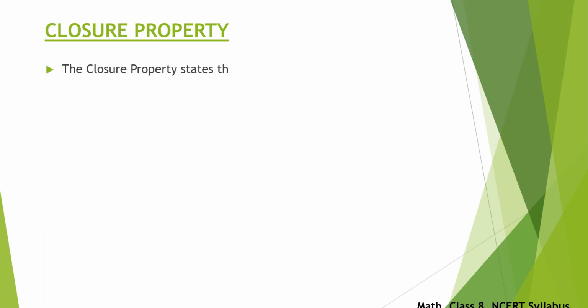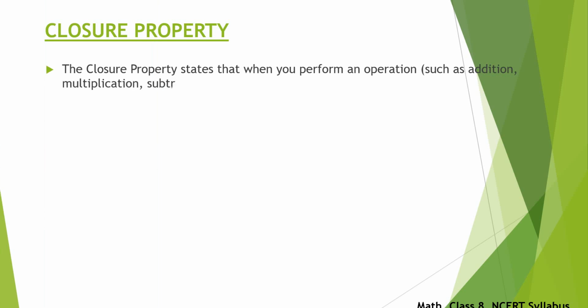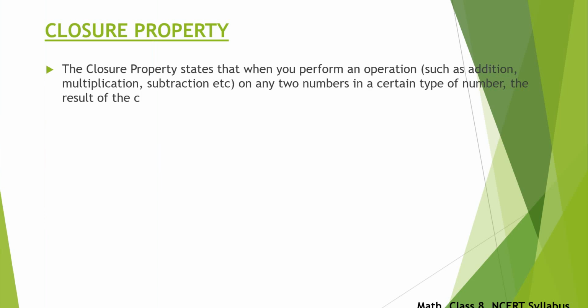First, closure property. Now, the closure property states that when you perform an operation such as addition, multiplication, subtraction, etc. on any two numbers in a certain type of number, the result of the computation is another number in the same type of numbers. Now, what I mean to say by this is that if I am performing certain mathematical operations such as addition or multiplication on certain type of numbers, that is if I'm performing that operation on whole numbers or natural numbers or integers, or in this case rational numbers, the result of that operation, that is addition,